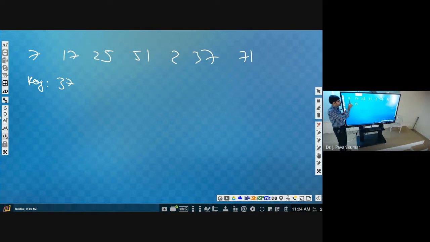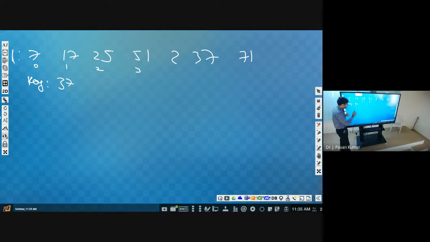If it is not equal, then we will go to the next one. The index of this one is 0, this one is 1, next 2. The name of the list is L, so we compare L of 0 with the key. If these two are equal, then we can say key is found and we can stop. We need not compare with all the others. If it is not equal, then we go to the next index. L of 1 equal to key or not, we will check. Like this we will repeat.